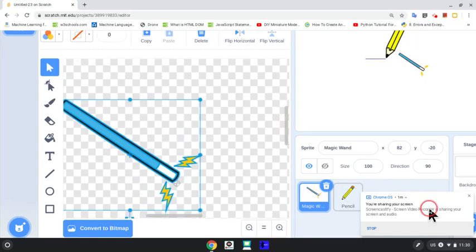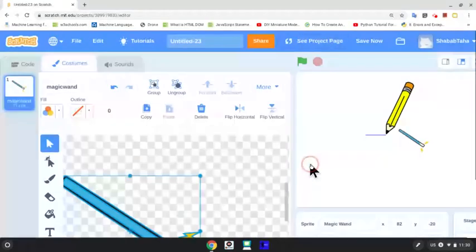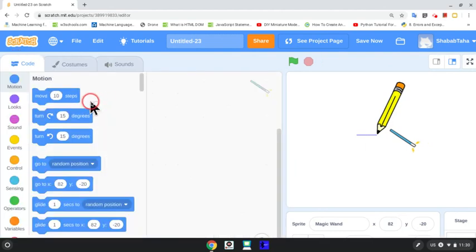You can center any sprite, not only the pencil or magic wand, you can even center your cat. Any sprite is actually centered from its center, so you can change the center of rotation for that sprite. Now if you look at the magic wand, if I put it at rotation, you can see the center of rotation is